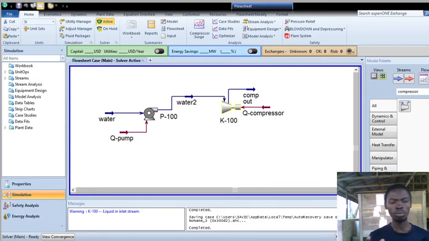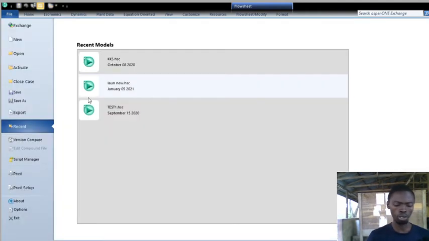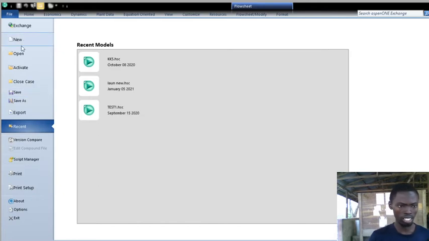So every simulation analysis is called a case. We don't call them simulation, we call them case. That is what we call them. So after a simulation, when you want to save it, you save it as a case, like case 1, case 2, and all that. You just have to come to your File menu and save, or you can use the normal Shift Control S to save. And you save as what? Case. Don't forget that you save as case.